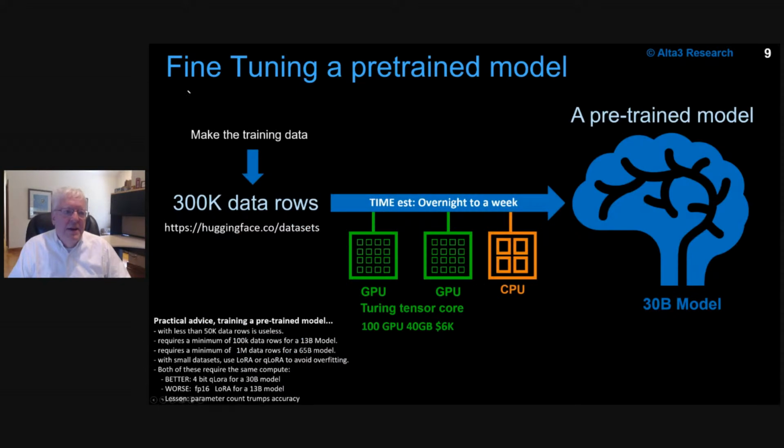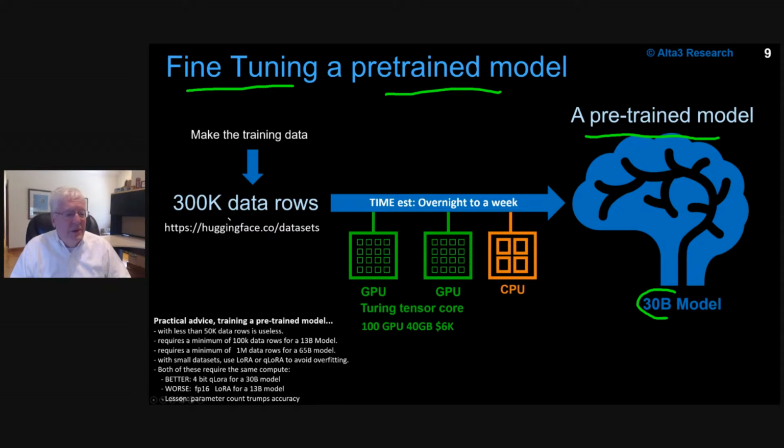So that means fine-tuning a pre-trained model is in your future, and it's going to be part of your Kubernetes pipeline. So just write that down in your book. You're going to do it. So what is a pre-trained model? I showed you from Hugging Face. There's a 40 billion model. Now I put 30 right here because I happen to have some numbers that actually support that, because that was the cool thing when I was actually benchmarking this stuff.